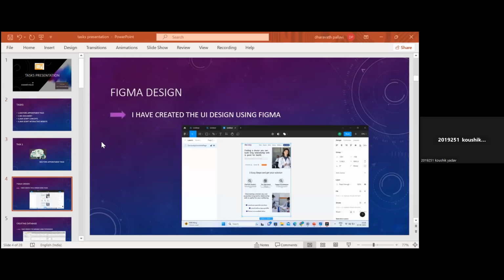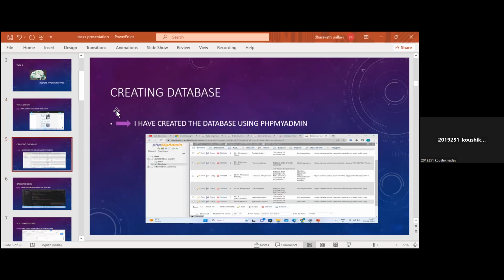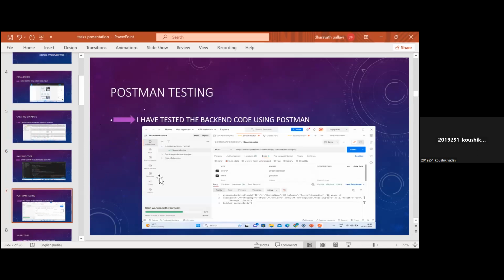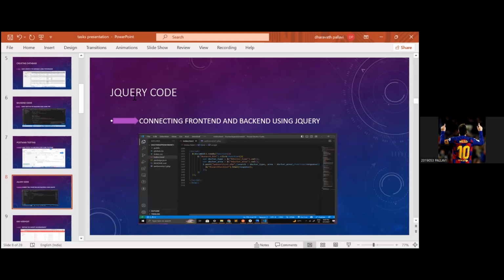In task one, I have created a UI design using the Figma tool, and this is my design page. And then I have created a database in PHP and written backend code. Then using Postman testing, I have tested the backend code. And then using jQuery, I have